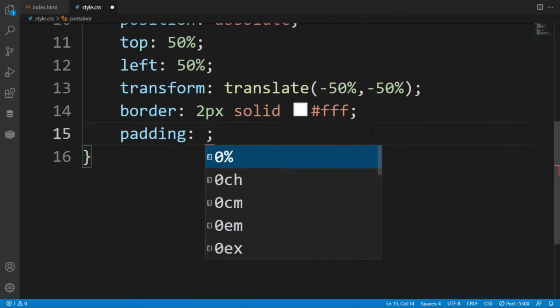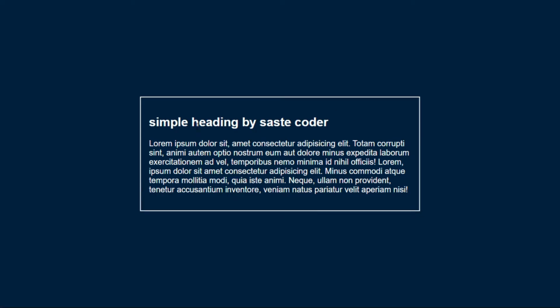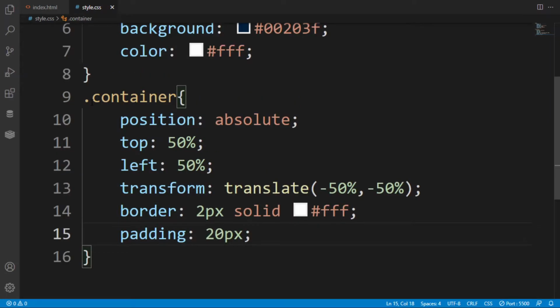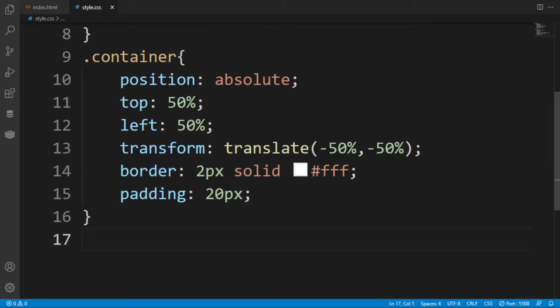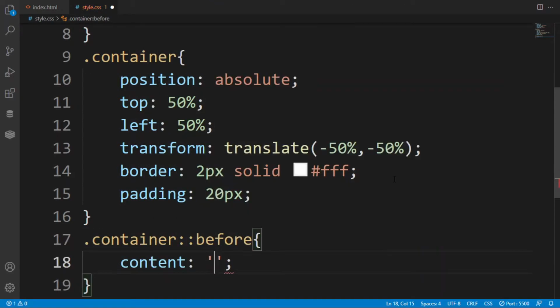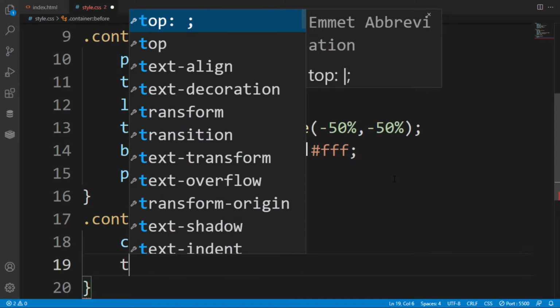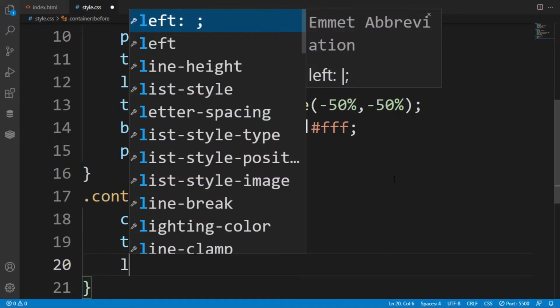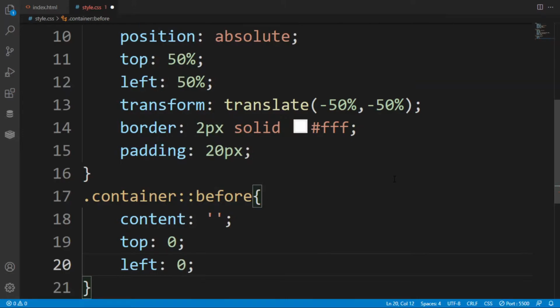Now put some padding of 20 pixels so that the content will shrink inside. Here copy this class. You can put border radius also, but I am not taking border radius because I personally do not recommend it, and this time it isn't required.